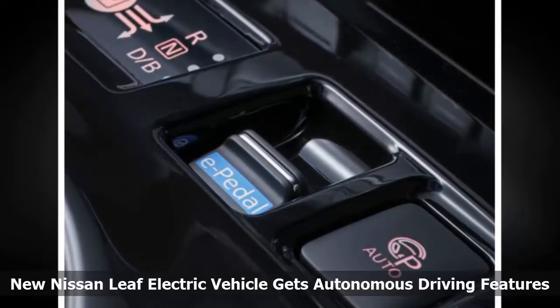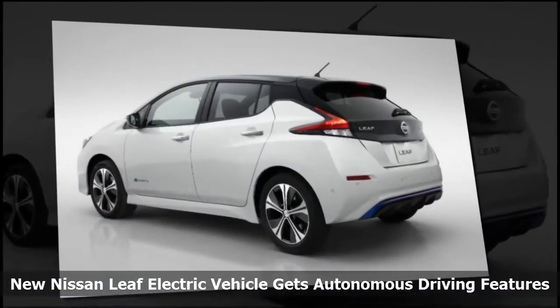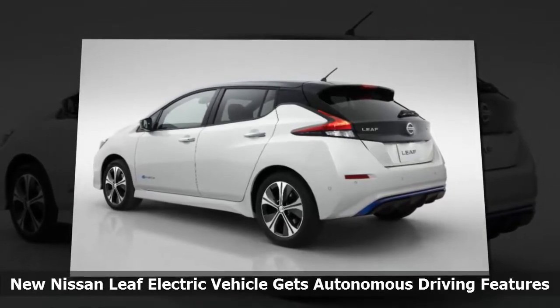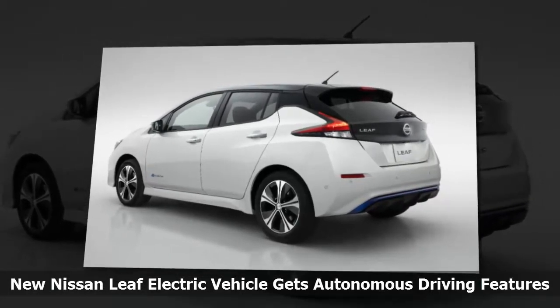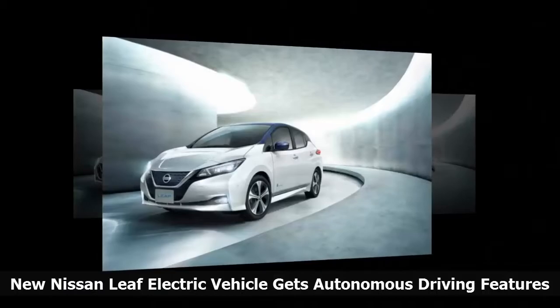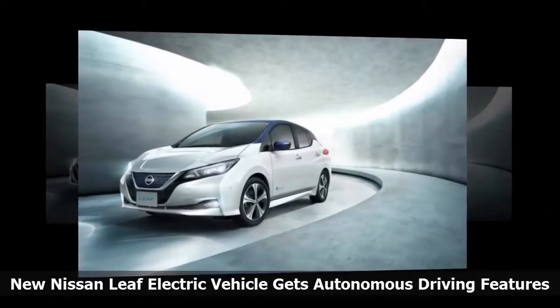The new Nissan Leaf goes on sale on October 2nd in Japan, while the deliveries for the US, Canada and European markets will start from January next year. While the Leaf is sold in more than 60 markets worldwide, Nissan is hoping to bring the new Leaf to India as well, with dry runs to commence by the end of this year to check if it is feasible to launch an